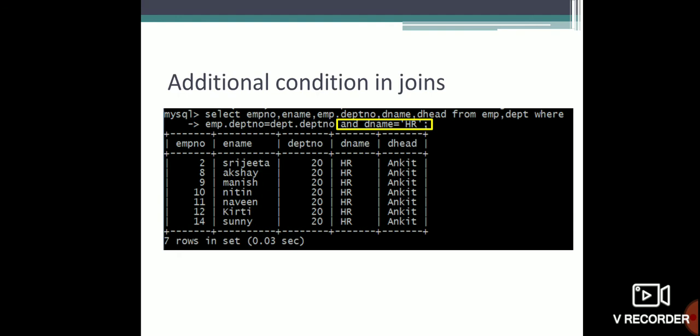The department number is common in these two tables, that's why I have used the equal operator on these two columns. And also I want to give one more condition, that is d name equal to HR, meaning I want to show only the department name that is HR.